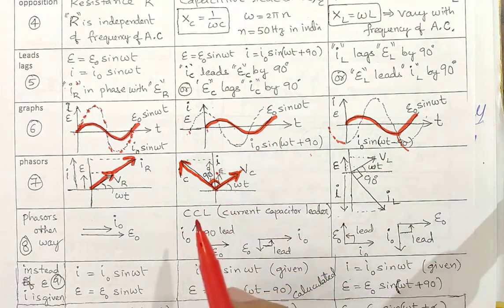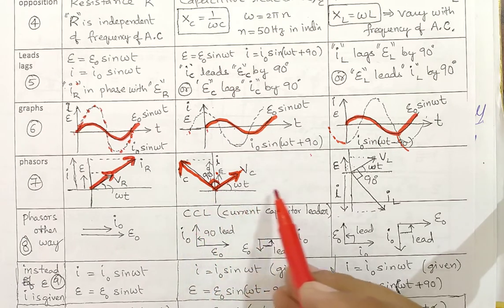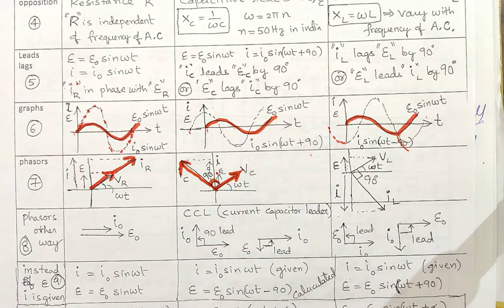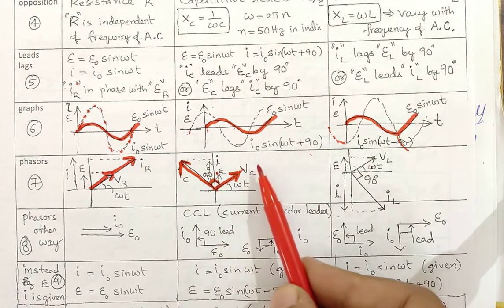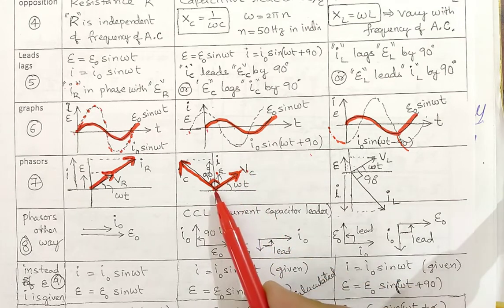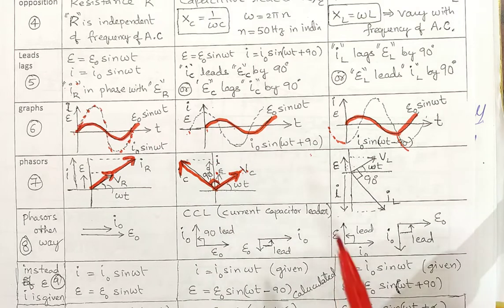We don't use the word vectors here because they are not vectors, they are phasors. We are talking about numbers. So the number which we draw on the x-axis we call a real number, and the number which we write on the y-axis we call an imaginary number. So the value of EMF at every instant is one number, and the maximum number's component on the imaginary axis will give you the instantaneous value.